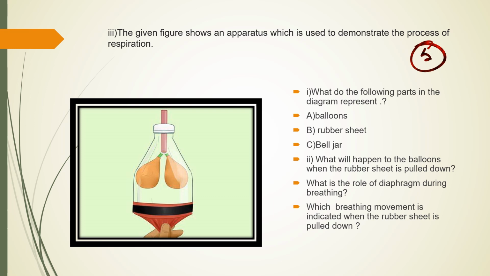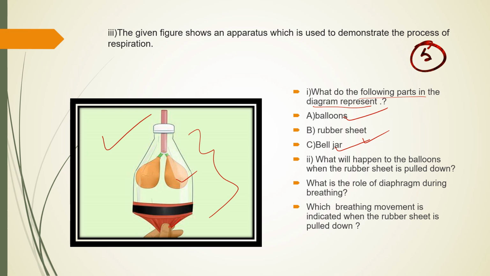Now here, this is a diagram related question. So you should first see the figure here. This you have done in class also. The given figure shows an apparatus which is used to demonstrate the process of respiration. What do the following parts in the diagram represent? First of all, these balloons, the rubber sheet, the bell jar. What are these things representing in this diagram? You have to tell what the balloons represent, what the rubber sheet represents, and what the